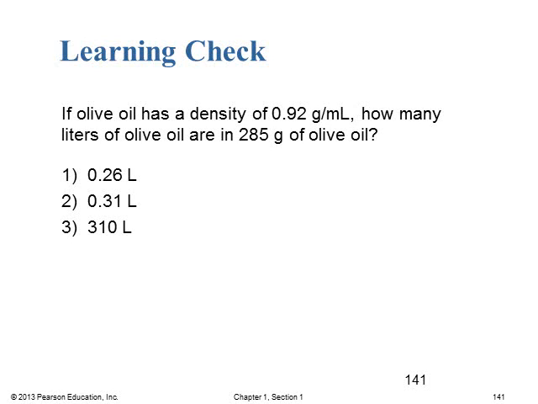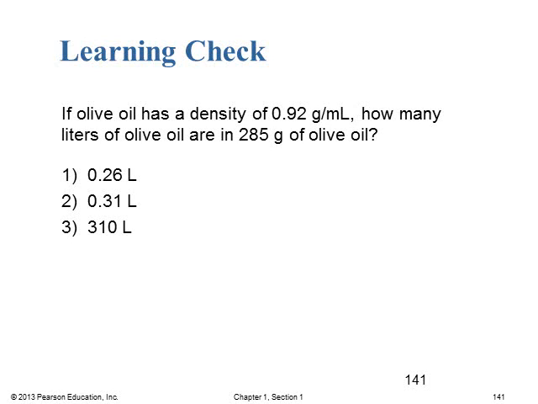So in this learning check, we will look at olive oil, and it has a density of 0.92 grams per milliliter, and it asks how many liters of olive oil are in 285 grams of olive oil. So they give us the density, they give us a mass, and so we'll need to